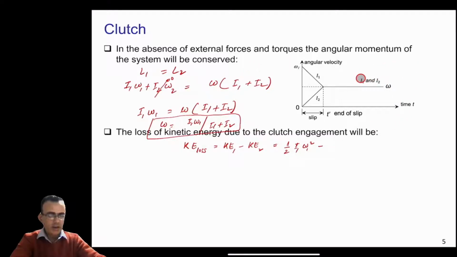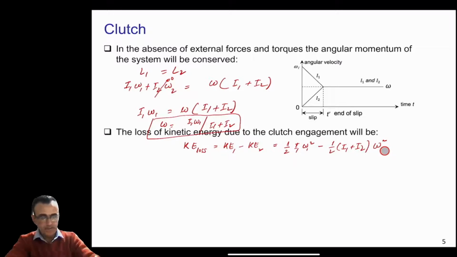And the final kinetic energy will be half, the final moment of inertia I1 plus I2, and the angular velocity omega squared. So this is the equation for the kinetic energy loss. Now, because we know the value of omega, if you put the value of omega here, the kinetic energy loss is